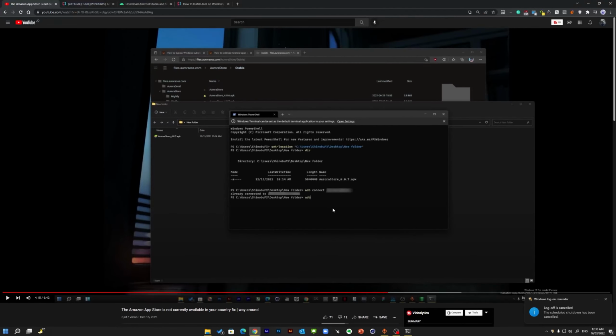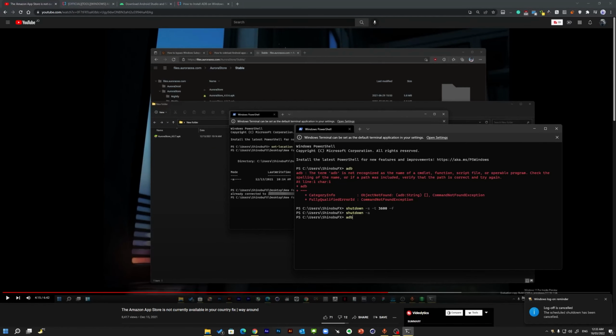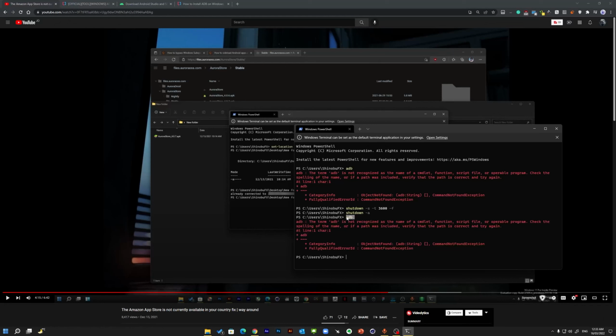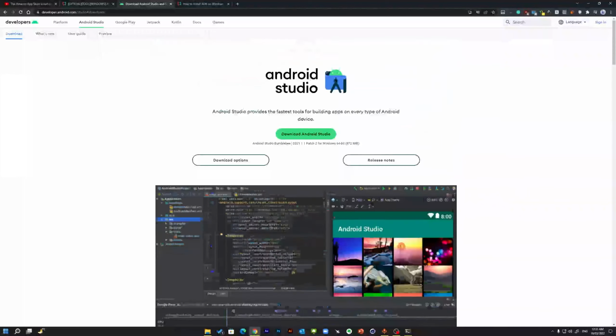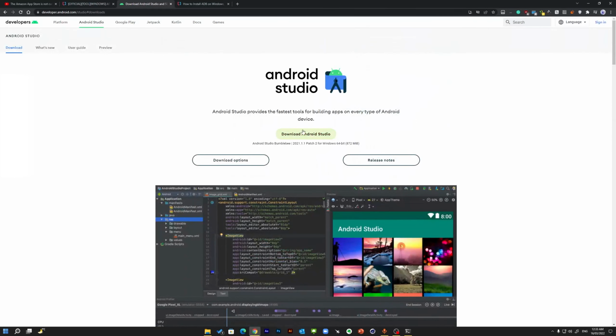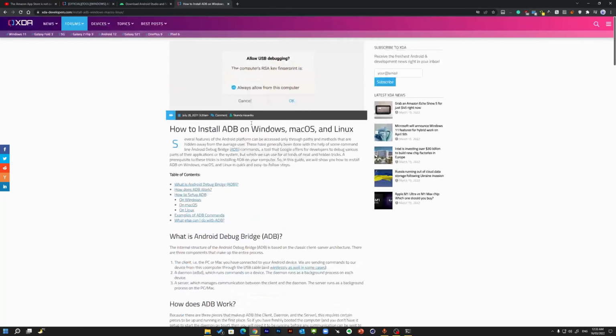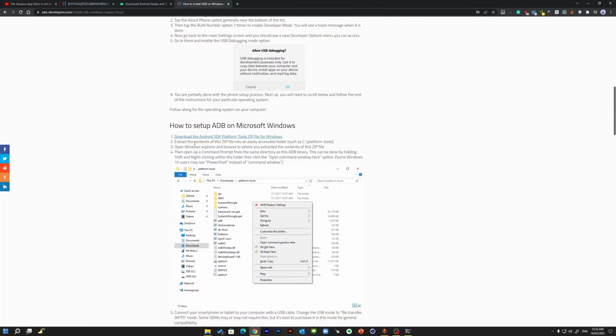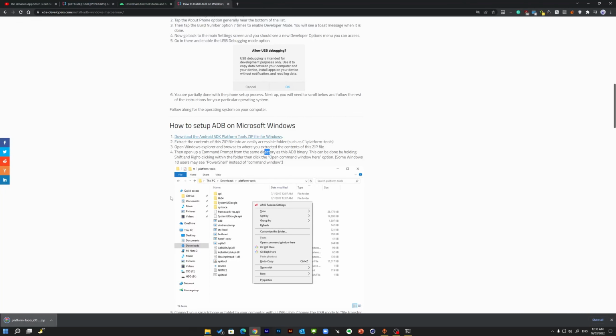Now, when you try to type adb into the command prompt, since it's not installed in your system by default, it's going to say there is nothing called adb installed in this system. Now, adb is part of the Android Studio tools. It stands for Android Debugging Bridge. In order to have it installed, I don't recommend installing the whole Android Studio. There's an XDA article that has the main files that you need. So if you go in here and download the file,